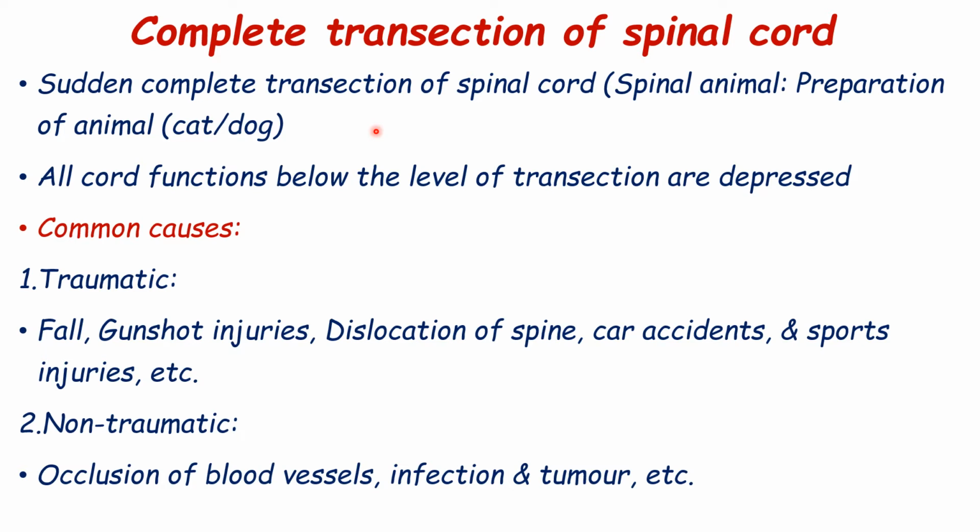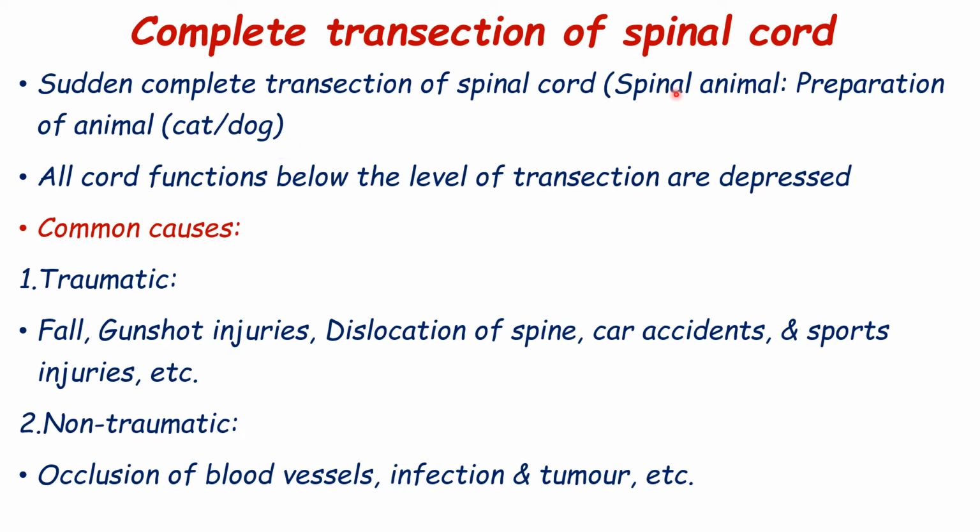So what we do, at certain times we cut below the cervical region so that the diaphragmatic supply is maintained, so that the respiration is maintained, so we don't need to maintain the respiration of the animal. Or sometimes the transection is done in the lower centers so that the cardiovascular supply is maintained. So that again the cardiovascular supply is not affected.